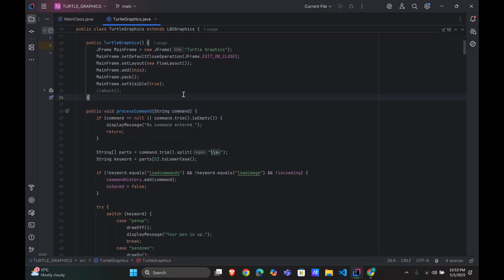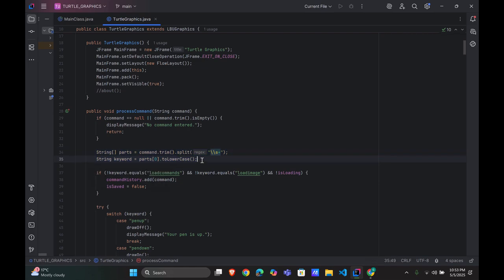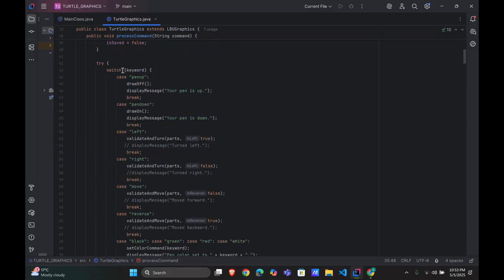In this process command method, I start by extracting the keyword from the input. Here you can see the code for the input to the user. So this method allows you to type your commands into this text field. Then I use a switch case structure. Here you can see the switch case structure, and inside this